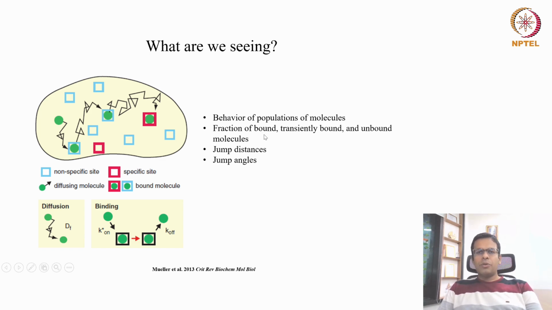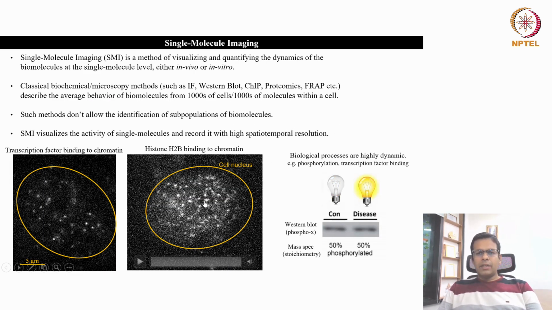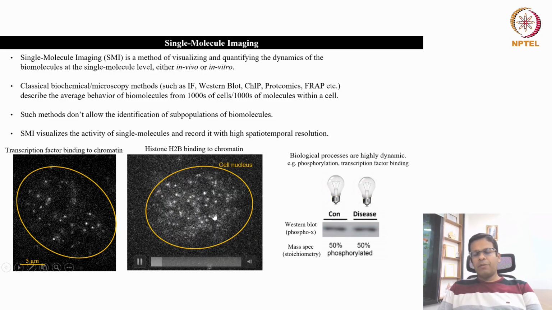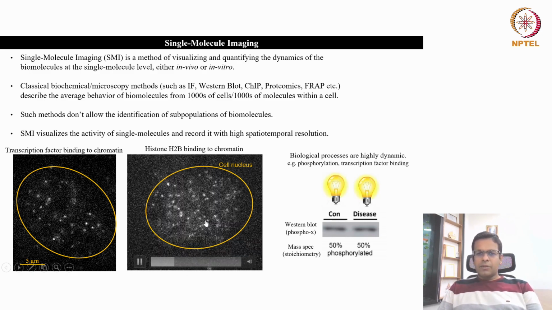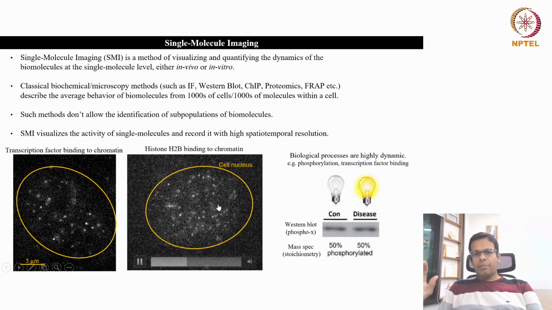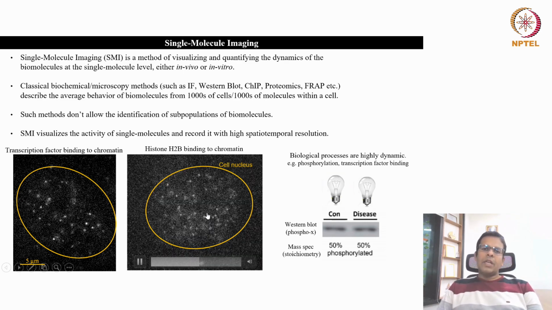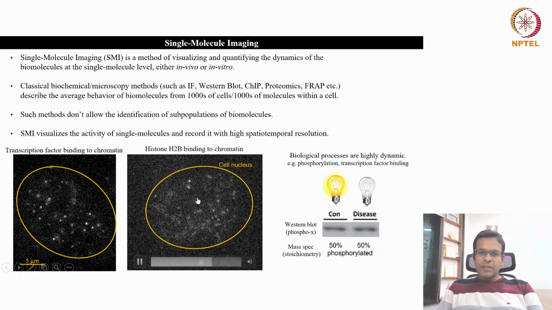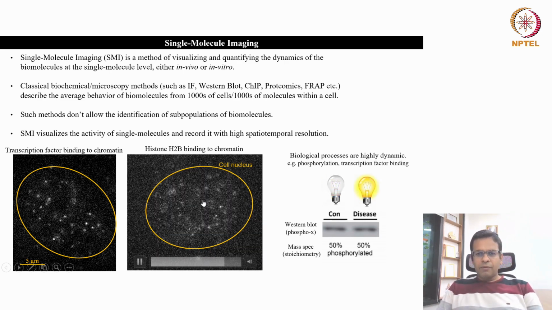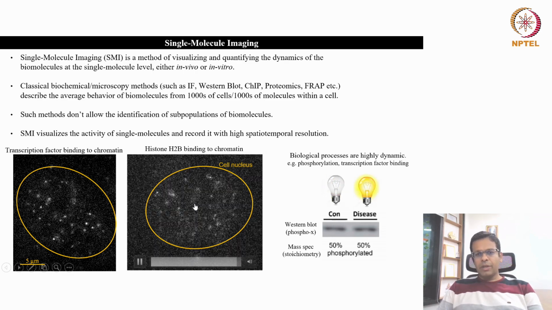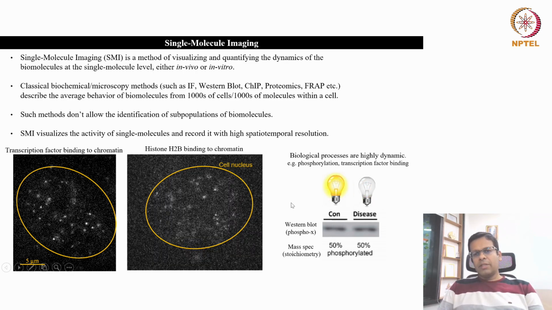Okay, so as I showed you in the previous movie, you can see this is the single molecule imaging of histones. Now you see that some fraction of molecules are already bound at the target site. Some of them are just diffusing. The diffusing molecules you can see for just one frame and then they disappear. Okay, so those are the diffusing molecules. So using this method, you can quantify that, let's say out of 100% molecules, 70% are bound molecules and 30% are diffusing molecules.